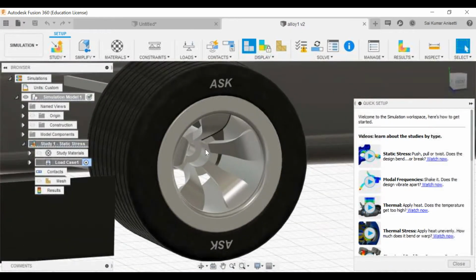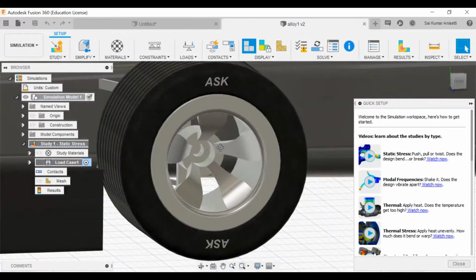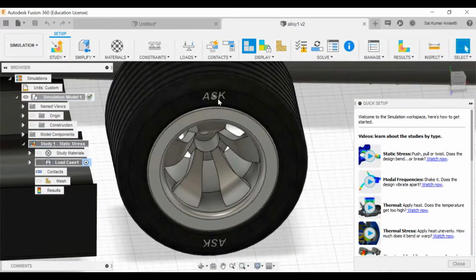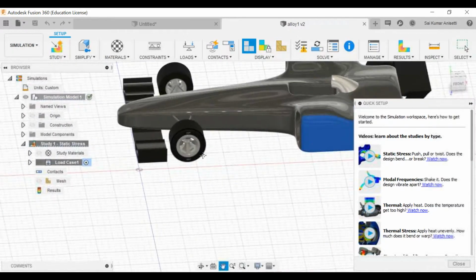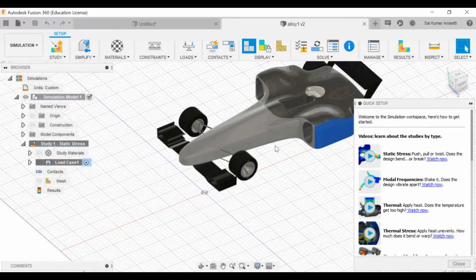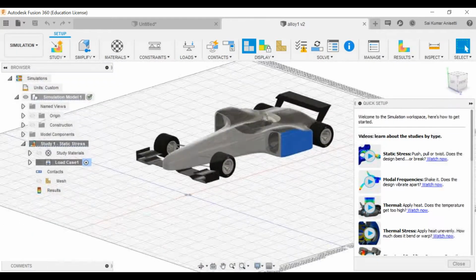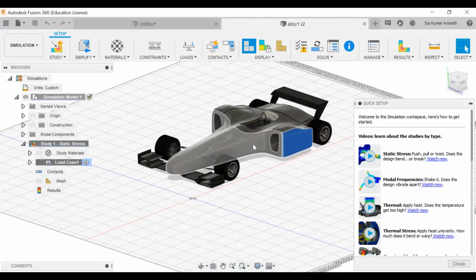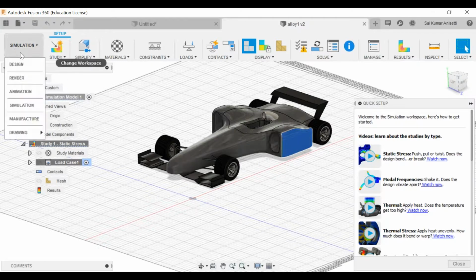These tires I created using simple 3D modeling. You can put your name and everything on the tires, and you can animate it. You can make your aerodynamic analysis. All this we have done. So that was a challenge: to do everything in 1 hour. Okay, that is what we created.